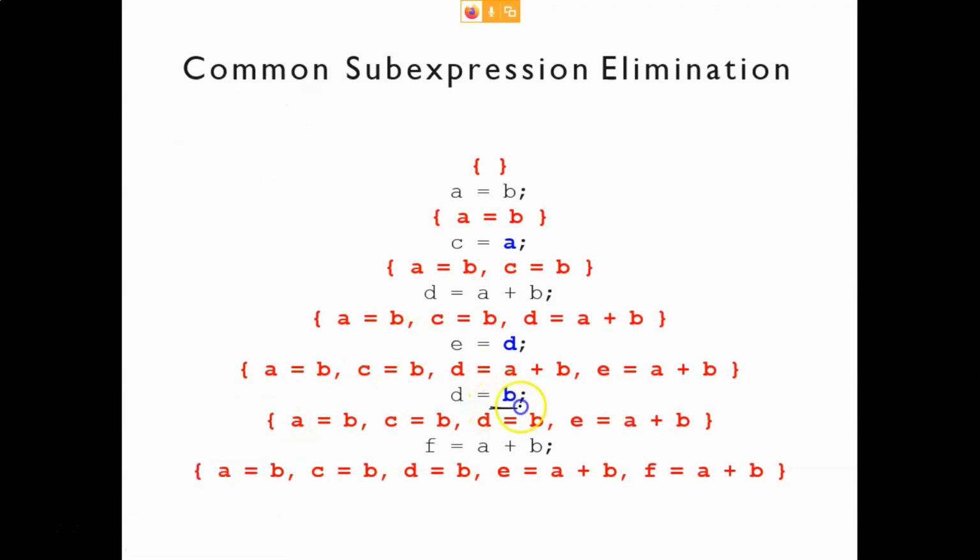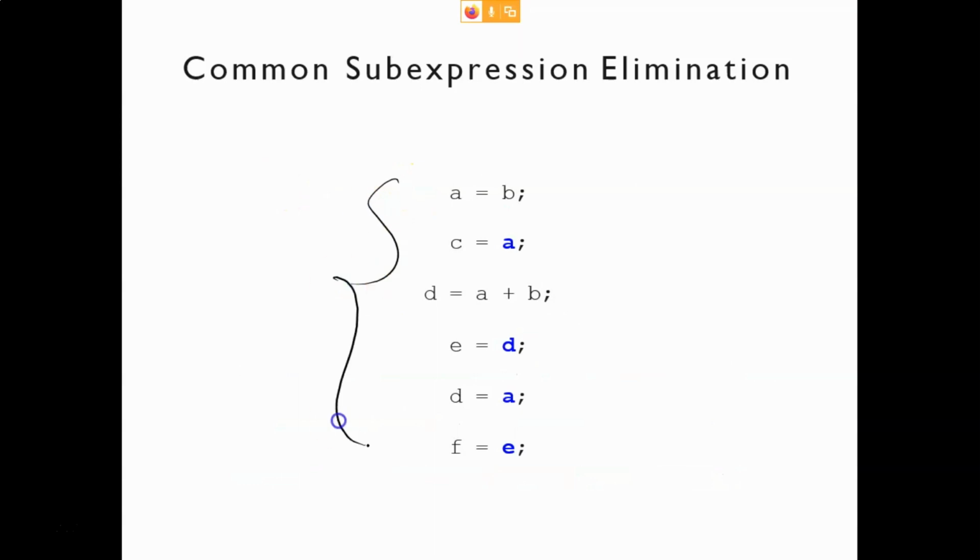Anyway, you can see this B is already available. So let's use this A here, because it depends on your algorithm how it will do. We are just taking the assumption that because this statement was first, maybe we are using this. So anyway, this B you can replace with A. Now after this, you can see this A plus B is already available, so we can replace this A plus B with E. This is how you can do the common sub-expression elimination. You can see this is your final result. So this is how an algorithm will do it.